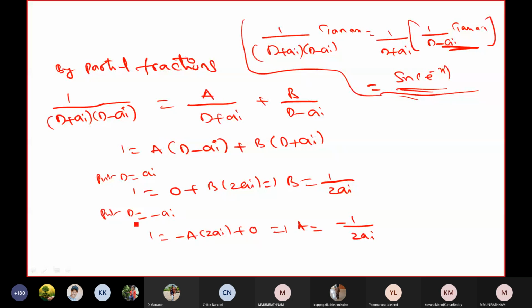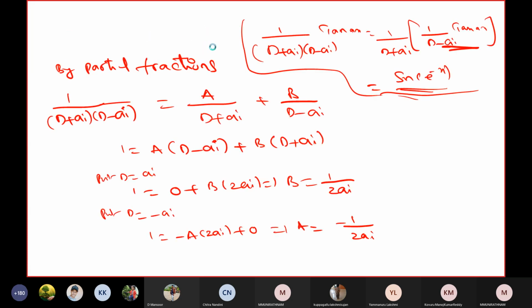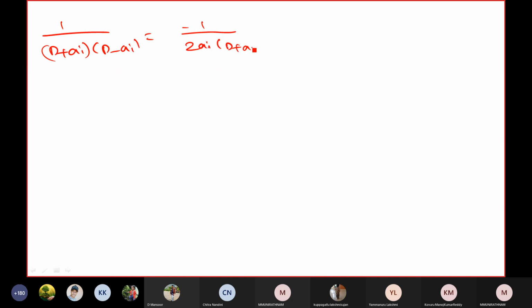So replace: 1 by d squared plus a squared equals minus 1 by 2ai times 1 by d plus ai plus 1 by 2ai times 1 by d minus ai. Okay, so therefore PI is